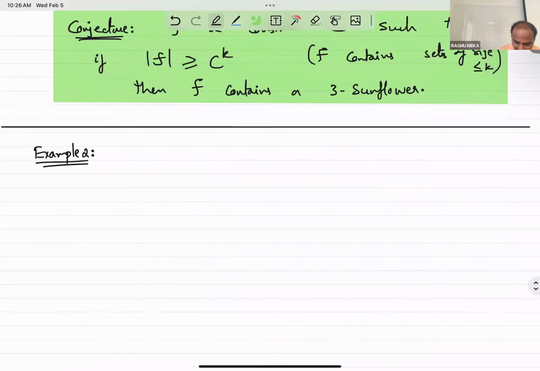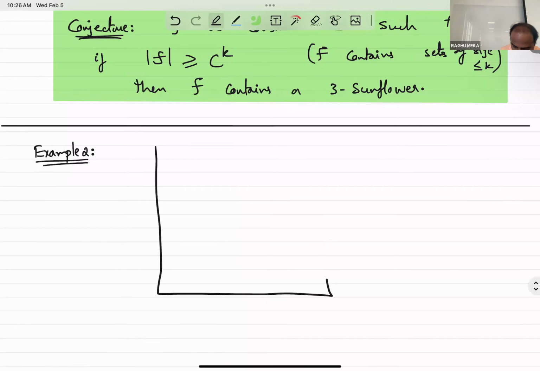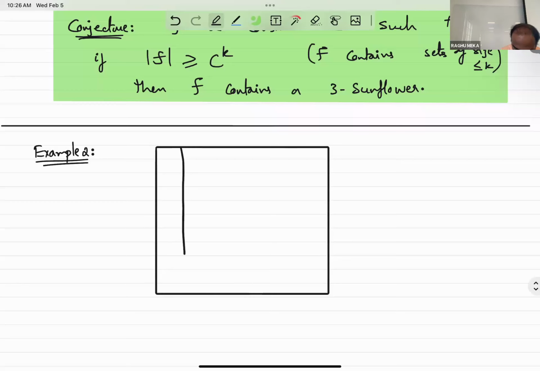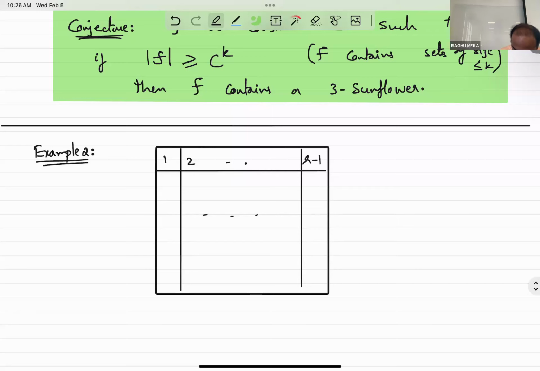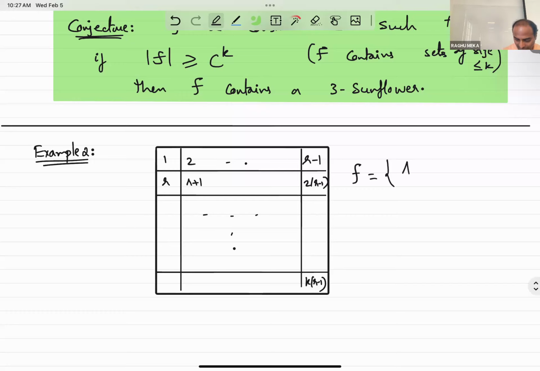Yes, exactly, right? So you can just use the same idea, but use R minus 1 columns. I mean, I drew it as a square matrix, but it doesn't really have to be. So R plus 1. Okay. And F is all sets that contain exactly one element